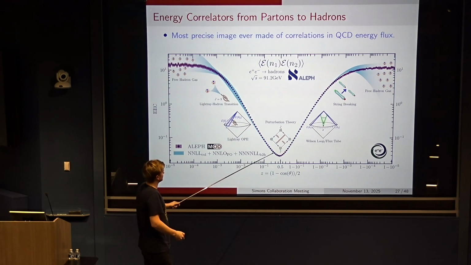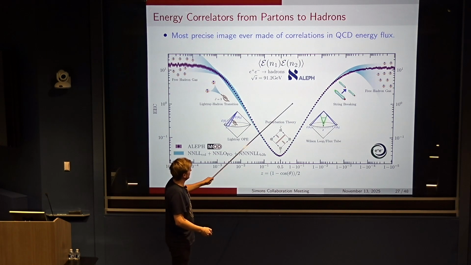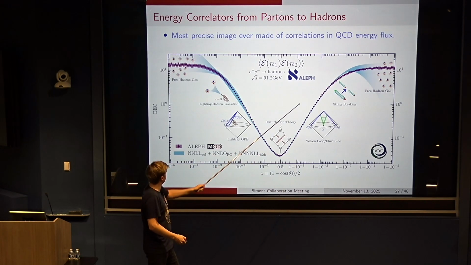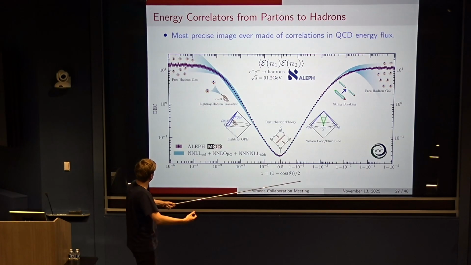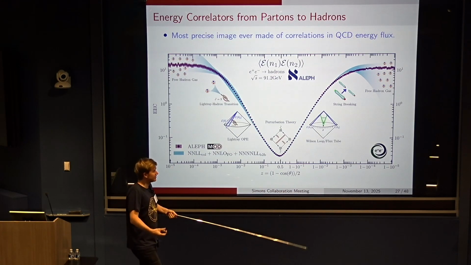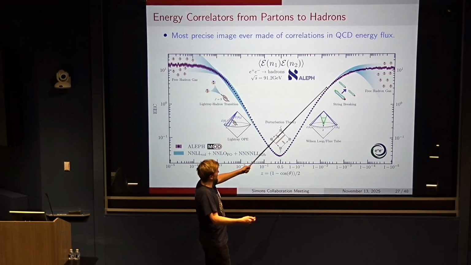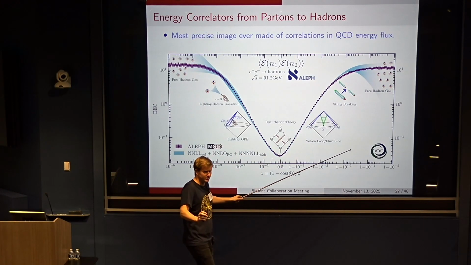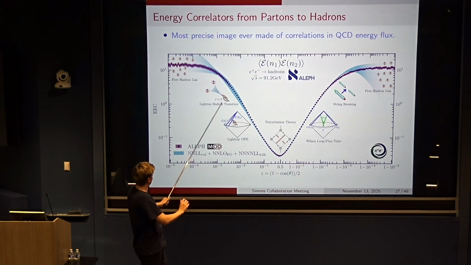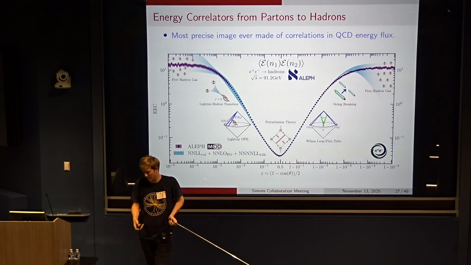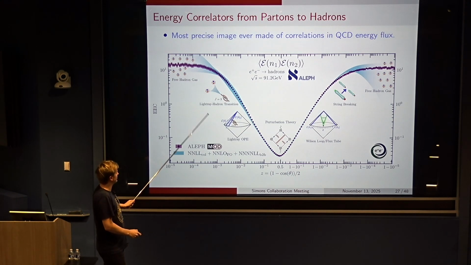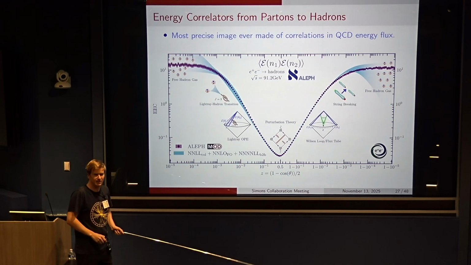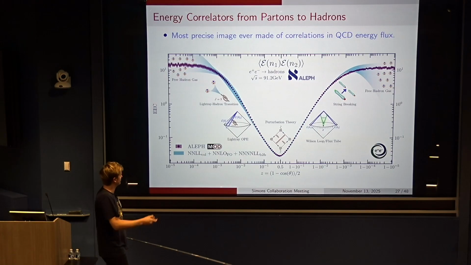And then at intermediate scales, you go through either the scaling behavior of these Wilson loops, which then confine, or you go through this light ray operator product expansion, which then again goes into hadrons. Again, you'll see from the theory calculation that we completely lose control as we go to either of these regimes. But the nice thing is that we really understand the phenomena that's going on there. And so we hope that we can use this to draw nice conclusions about the behavior in real-world QCD. Now what I want to do is step through the different pieces of this calculation in a little bit more detail.